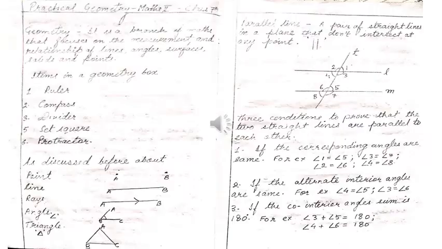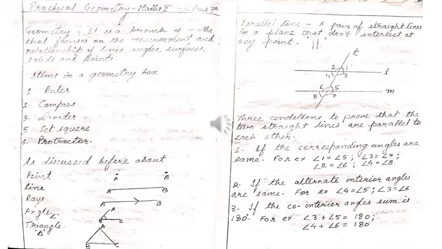Today we are going to discuss practical geometry. So, what is geometry? It is a branch of maths that focuses on the measurement and relationship of lines, angles, surfaces, solids, and points. Now, you must be having a geometry box, and in that you must be having a ruler,